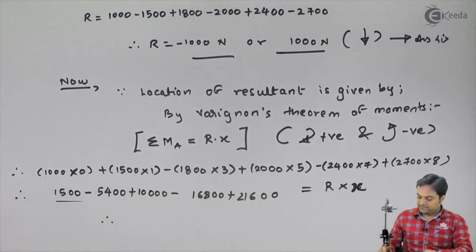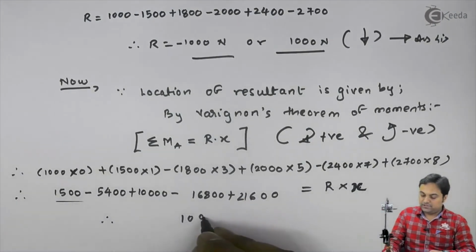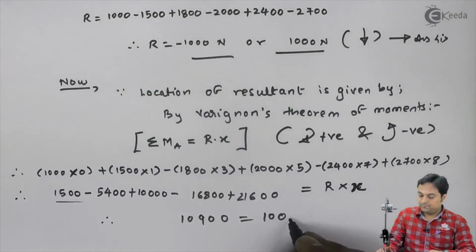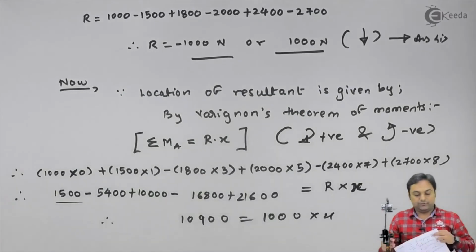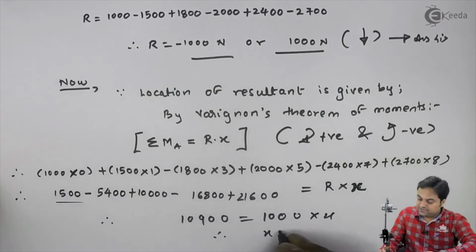If I subtract 16,800 from that 6100, I will be getting it as negative 10,700, and in that if I add 21600, that comes out to be 10,900 is equal to, resultant is 1000 into x. So my x value will be, finally, x is equal to